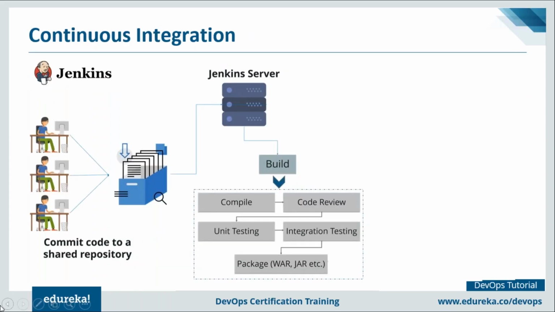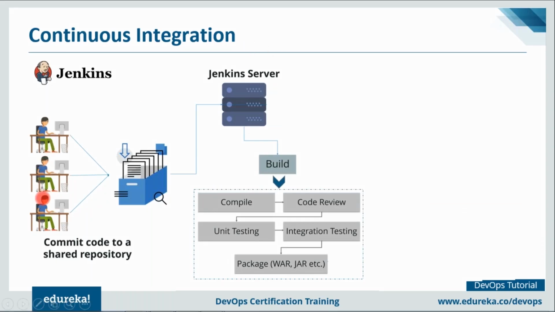So continuous integration is basically a development practice in which the developers are required to commit changes to the source code in a shared repository several times a day, or you can say more frequently. And every commit made in the repository is then built. This allows the teams to detect the problems early. So let us understand this with the help of the diagram in front of your screen.